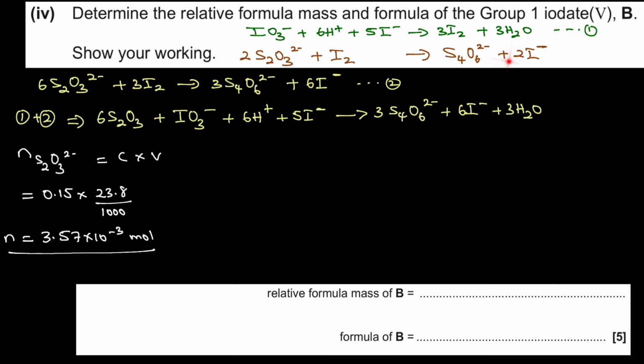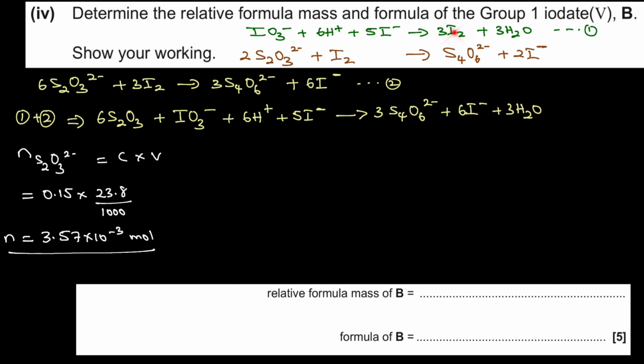This 2 is what we know, but we're making 3 iodine and we're only using 1, so make sure we use 3 times this. Times the whole lot by 3 to make that the same. And that's why we got this, to form equation 2, because we times those 1 by 3 and we get this. Okay, now that we've got that, what we want to do now is add equation 1, this one,